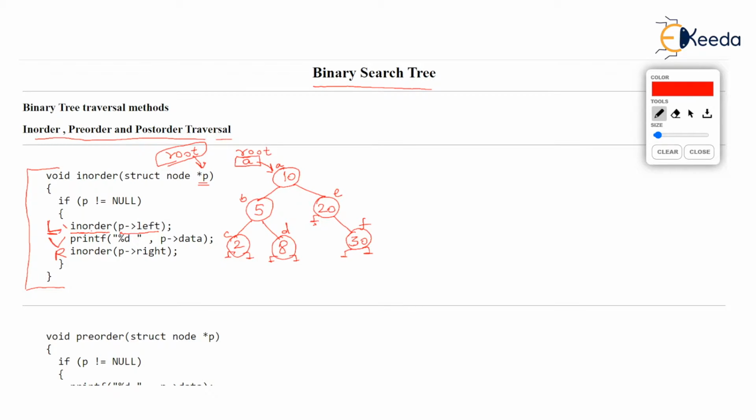So vertex is printed over here with %d format, and p arrow data. Remember, data is the element in the node which stores integer value. And after printing vertex, we are calling for right. And right is nothing but call in order recursively with p arrow right. p arrow right is going to take us to the right child. After that, end the if statement with close brace and end the function.